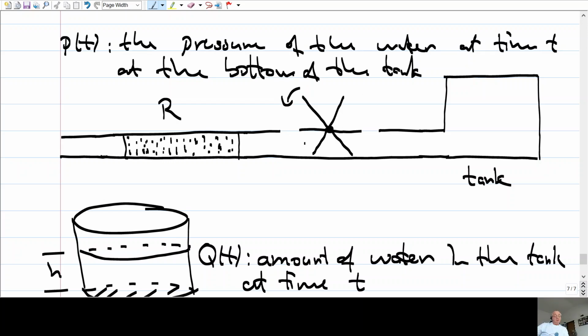And suppose this wheel has no friction. There's no frictional force on this wheel. It just moves with the water, and if the speed of the water is not changing,